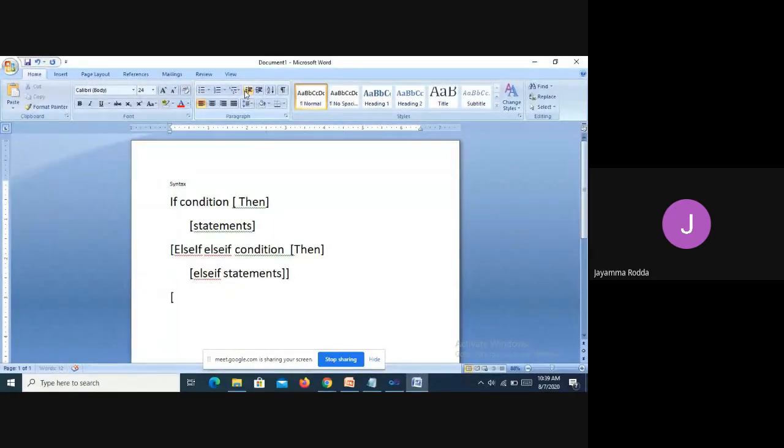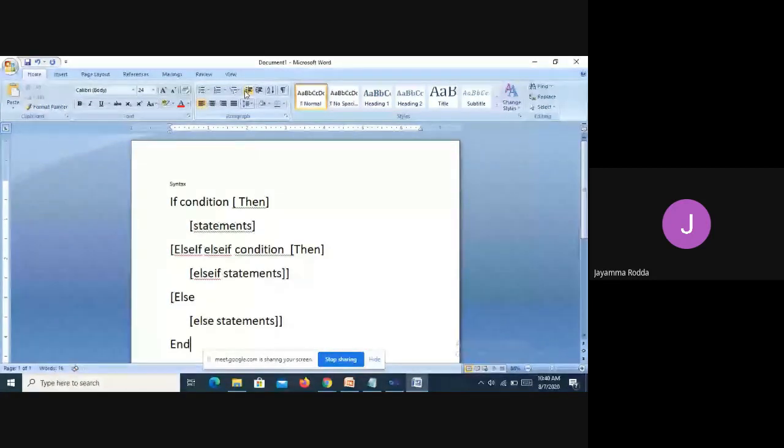Then comes the actual else part. Else, else statements. Then comes the end if. Any statement that is started should be properly ended.